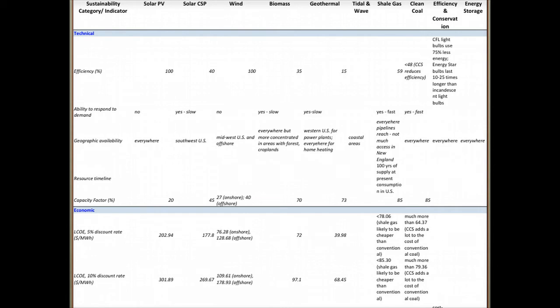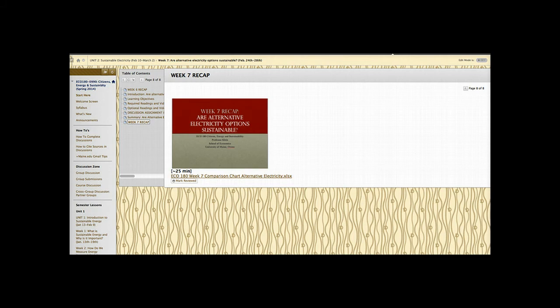There is way too much information here to fit on a slide in an easily readable way, so I have uploaded a spreadsheet to Blackboard so you can look at all of the summary information I have compiled from this week's course materials for all alternative electricity options covered this week. Please study this spreadsheet for your exam, since it includes information on all of the alternative electricity options from this week's course material, not just the 4 you selected for your discussion assignment. Go to the same area where you found this Week 7 recap video, and you can click here to download